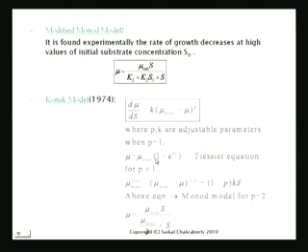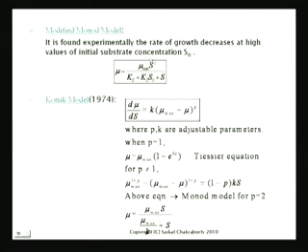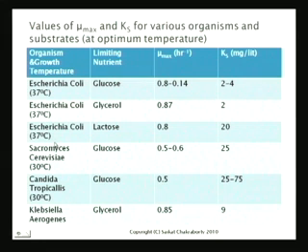So we had the Monod model to start with, which was mu times s over Ks plus s, and then we modified it, which we call the modified Monod model. We added a Ks plus s naught term in the denominator, and then we had the Konak model. As you can see over here, the Konak model, for the case of p going to 2, goes to the Monod model, right? So this is where we stopped, if I remember.